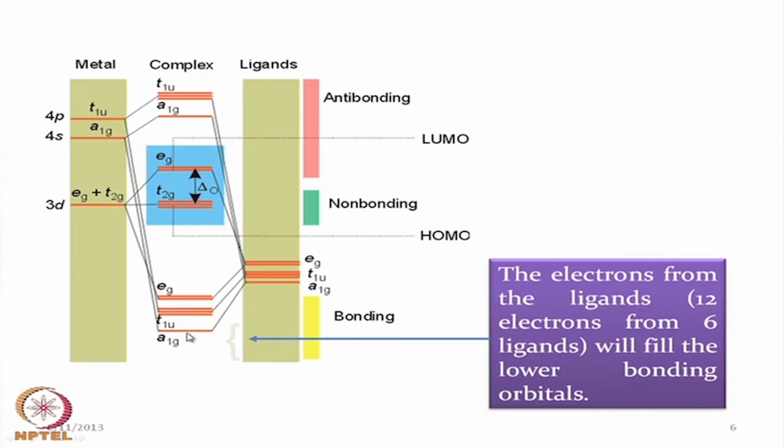So, all 12 electrons will come to occupy these 6 orbitals, and they are all filled. Due to these interactions, these are filled by the ligand orbitals, because they are of low energy compared to the metal ions. So, in the next step, the metal ion orbitals, that means the T2G level, will be filled